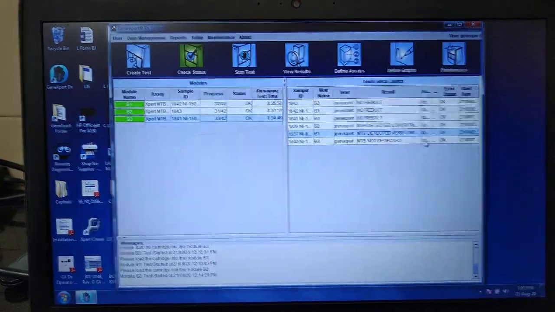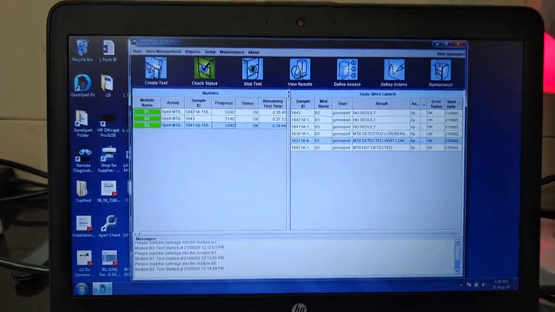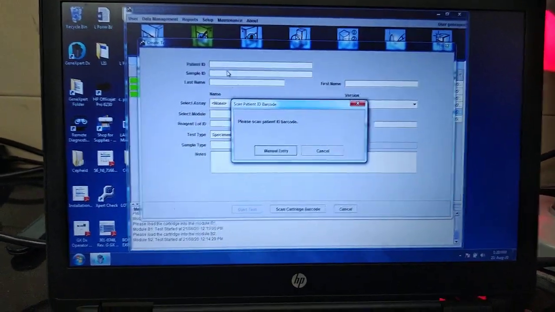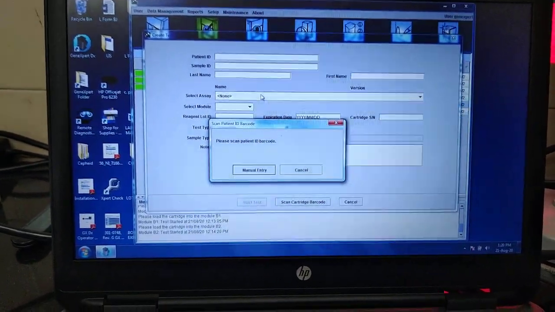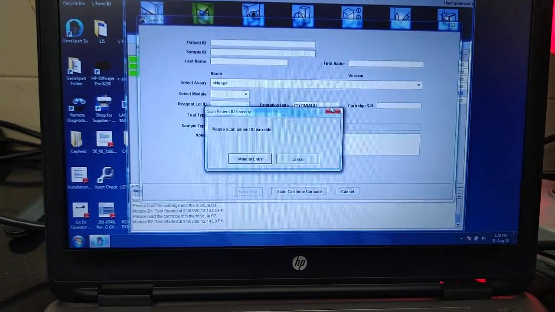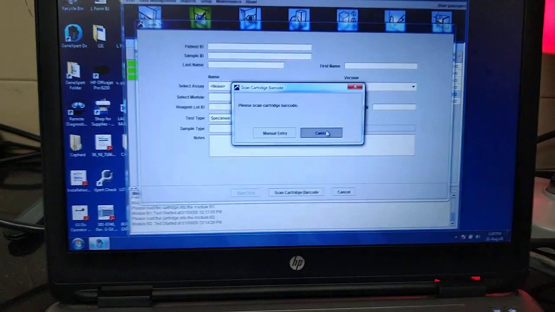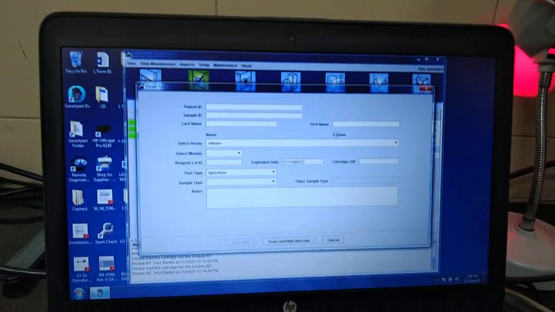This is the home screen of the software. As you can see, you have to create a test. Once you click on that, you have to fill in the details of patient ID, sample ID, last name. The assay for this will be TB, rifampicin resistant MTB TB, and details, and then you have to scan the barcode using this barcode scanner, and after that